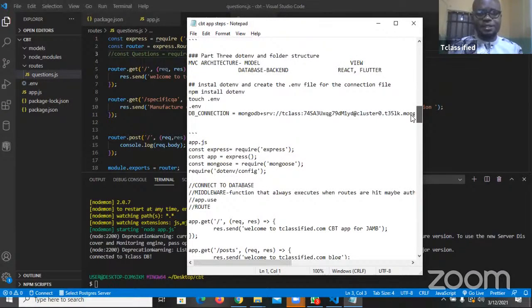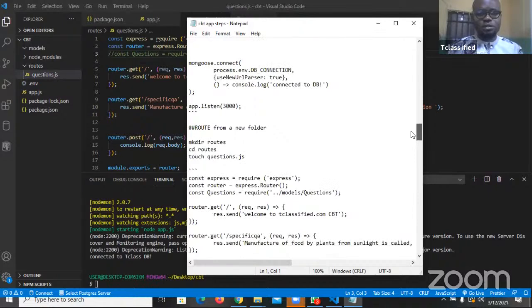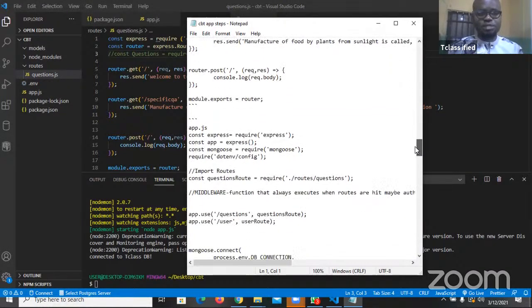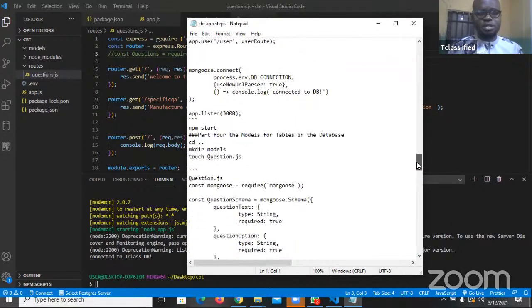Okay, this is part 3, this is where we stopped. If I scroll down, this is where I made the routes. And this is my recent app.js. This is where I made my